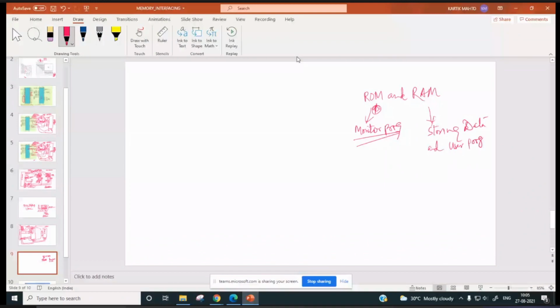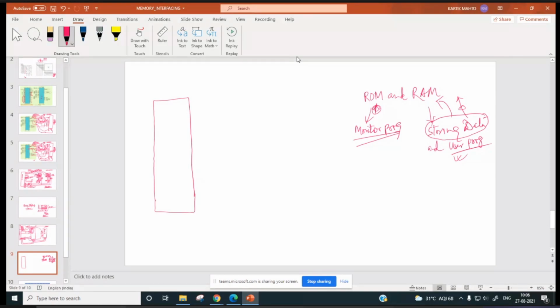Right. User will write the program into the RAM and input data also into the RAM, and then the user program will be executed by the processor and it will process the data. Of course, based on our requirement, we connect RAM and ROM chips on the system.